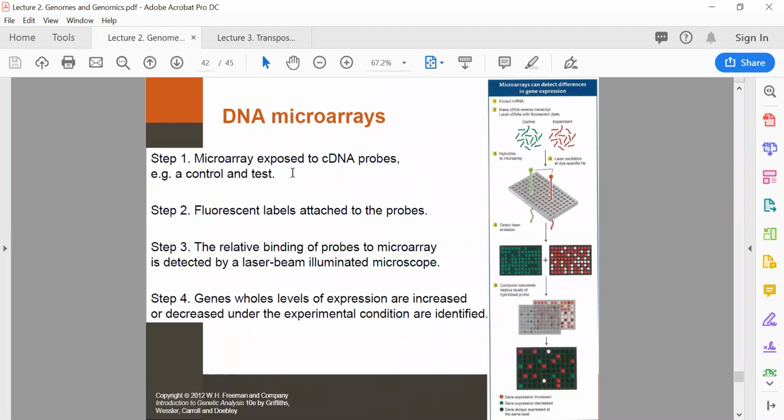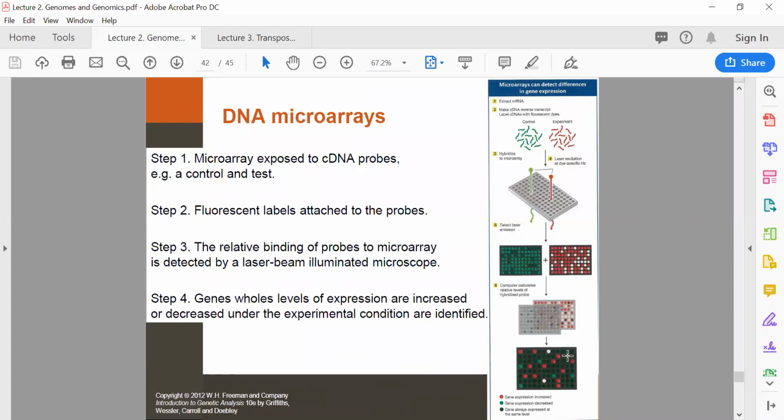So just very briefly, and you don't have to remember this, it's just for your interest, the microarray is exposed to cDNA probes, and it will include a control and a test. Then we have fluorescent labels attached to the probes. In step 3, the relative binding of the probes is detected by a laser beam illuminated microscope. And then genes whose levels of expression are increased or decreased under a certain environmental condition